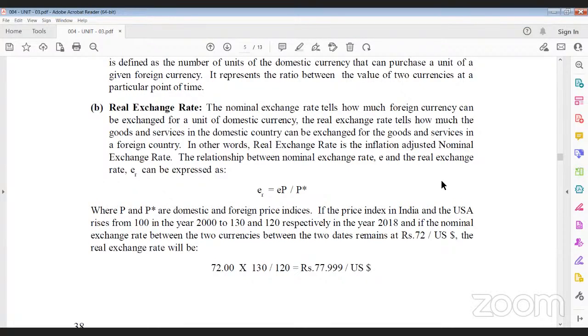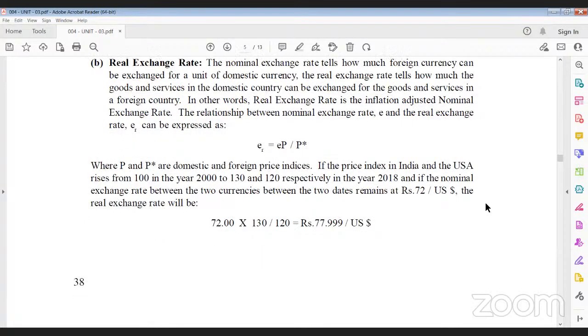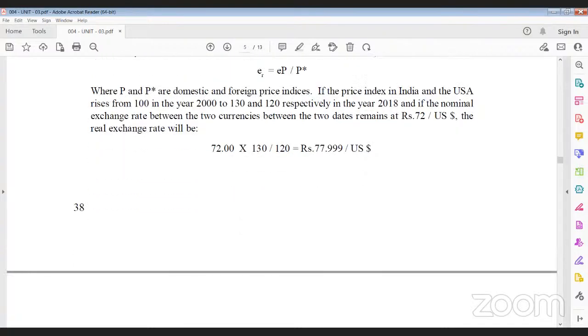The relationship between nominal exchange rate and the real exchange rate can be expressed here as E_R = E × P / P*, where P and P* here you can see are nothing but the domestic and foreign price index. Okay, if the price index in India and the USA rises from 100 in the year 2000 to 130 and 120 respectively in the year 2018, and if the nominal exchange rate between the two dates remains 72 US dollars, the exchange rate will be